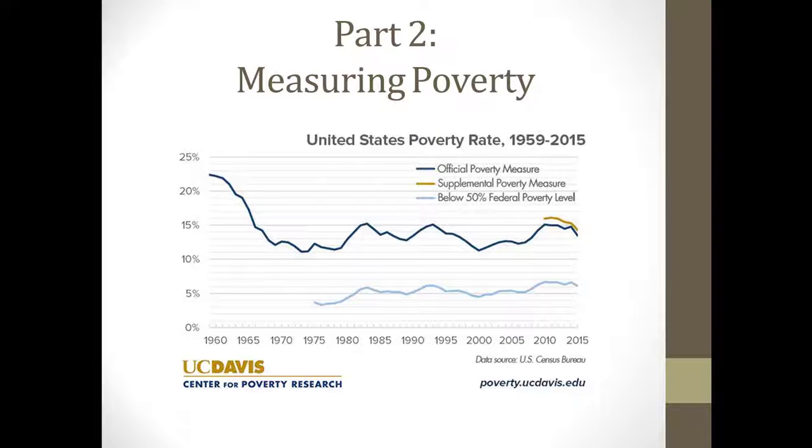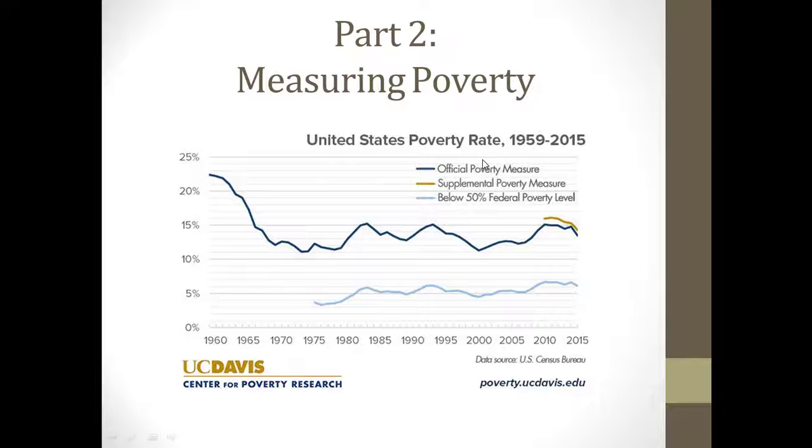Alright, so here's part 2 of our series on poverty in the U.S. Remember, part 1 looked at the history of poverty in the U.S. And again, of course, while there's always been poor people in the United States, how we've thought about poverty and then, of course, how we've tried to deal with poverty has changed significantly. The second part is really about how do we measure poverty? How do we know how many poor people there are in the U.S.?